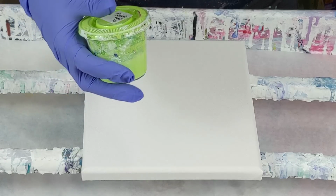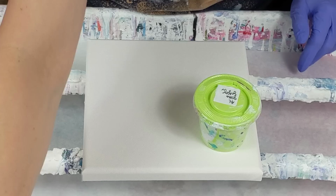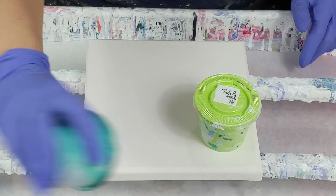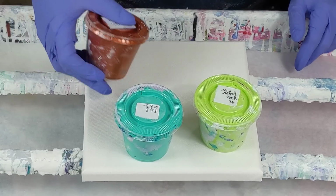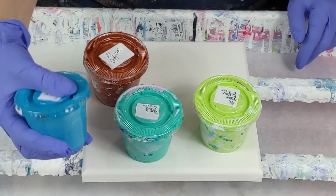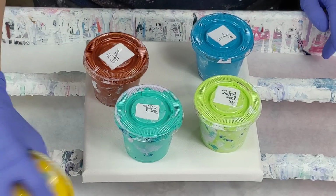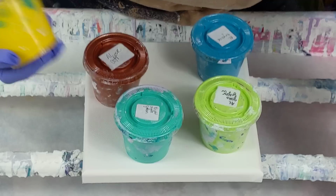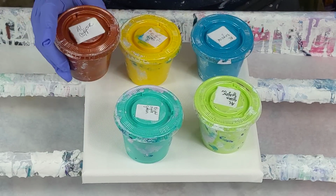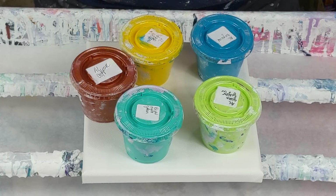So I've got Artist Loft Green Yellow. Shake these up because they haven't been used in quite a few days. Bright Aqua Green. Copper, Artist Loft brand. Artist Loft Turquoise, and yellow. And in that, I don't know if you could see it from the quick viewing I gave you, but this copper gave like a gorgeous kind of metallic sheen behind all of it. So it's not an overwhelming